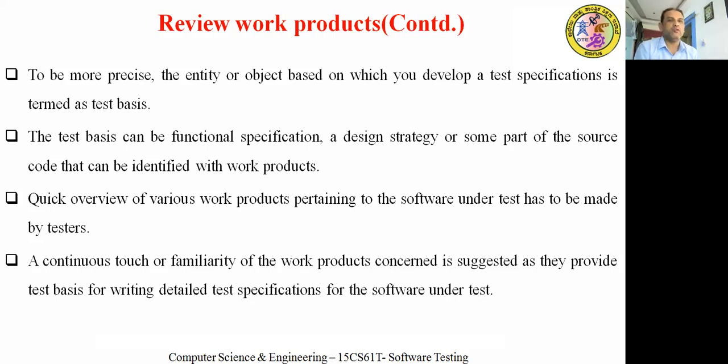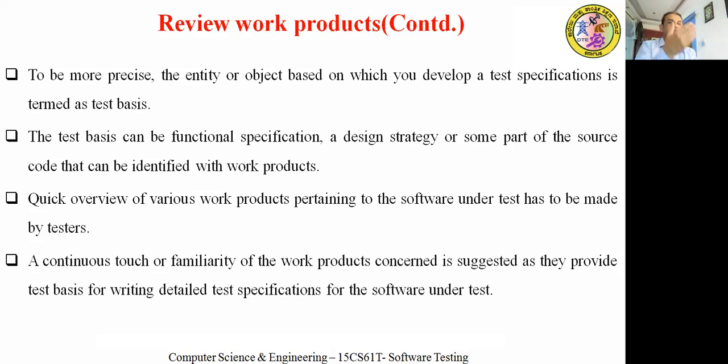A quick overview of the various products pertaining to the software under test has to be made by testers. They need to write the test cases for the particular functionality. Continuous touch or familiarity with the work products concerned is suggested, as they provide test basis for writing detailed test specification for the software under test.